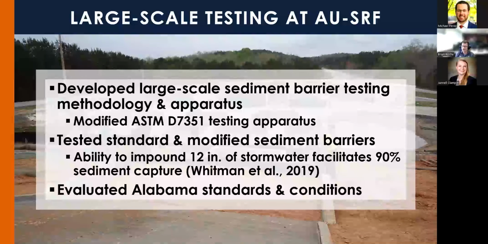But our big advantage is that our test bed is 20 feet wide instead of 6.6. So you're testing a more representative section of that sediment barrier. In the past at Auburn, we tested standard and modified sediment barriers, typically under Alabama standards and conditions. They saw, especially with silt fence, that the ability to impound at least 12 inches of stormwater facilitates 90% sediment capture upstream, which we'll get into once we go into our sediment barrier comparisons to Mulch